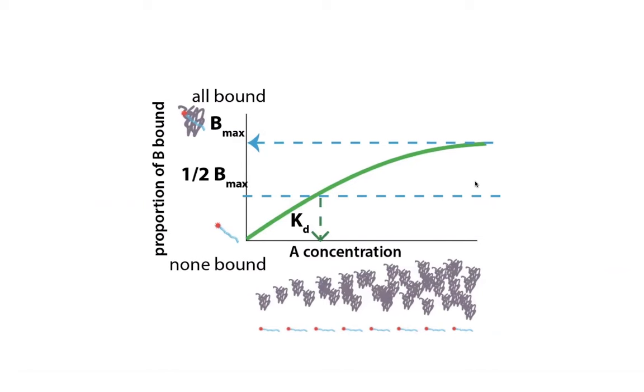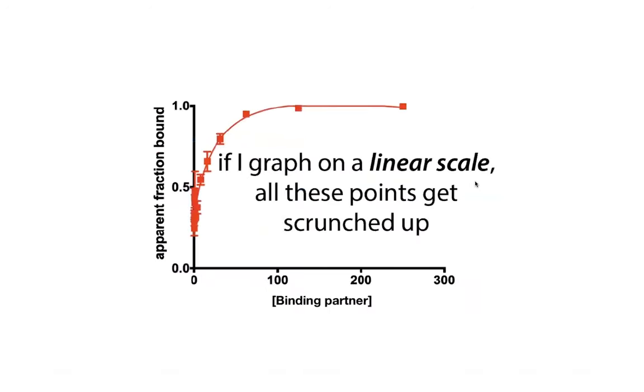Before we get too far into it, though, I want to make sure that we're all on the same page about what we mean by having a sigmoidal plot. That's talking about if we're on a linear scale. So remember back to our video on affinity and KD, and how we talked about how if we have an experiment, we might get a lot of points crunched up near your y-axis if you're doing a serial dilution. So what you have here is, on the x-axis,